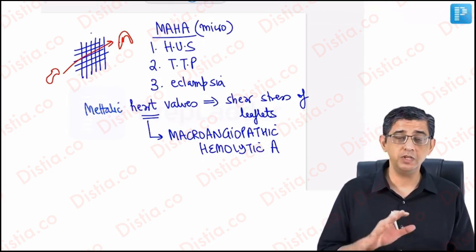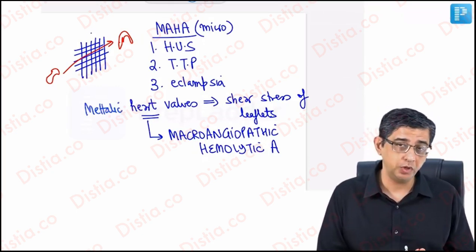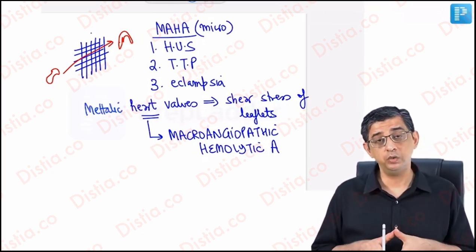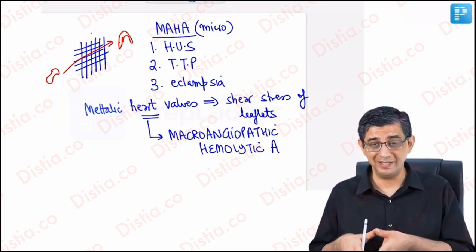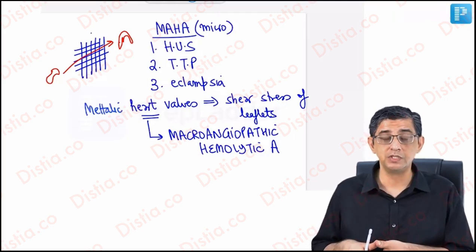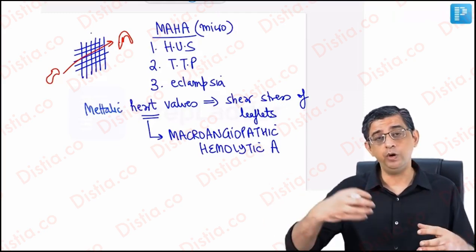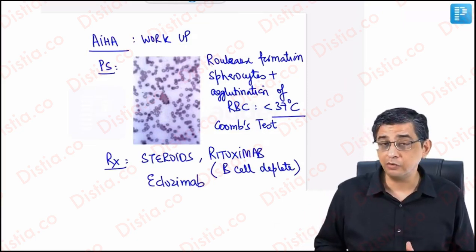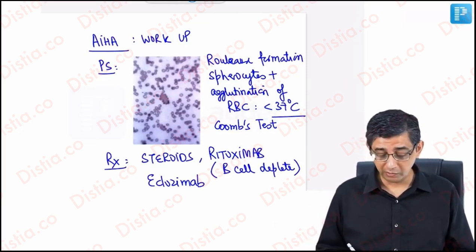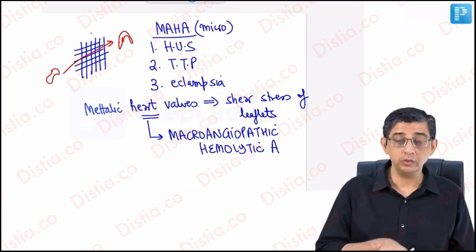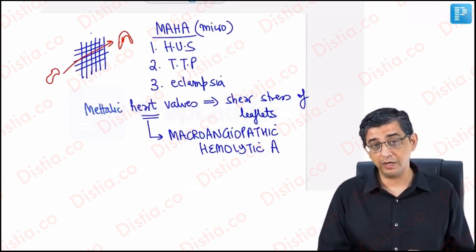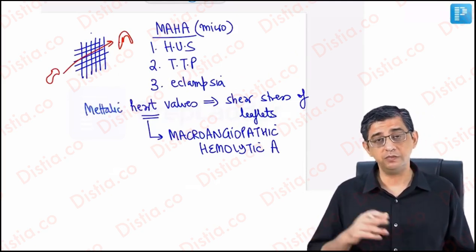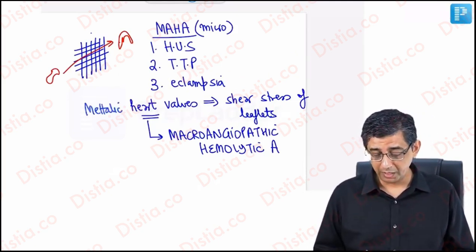So the types of anemias that I've explained to you: one is related to hemoglobinopathies, then one related to defects on the surface of the RBCs, defective enzymes inside the RBCs, then no problems, but antibodies coming from outside resulting in extensive Rouleaux formation and spherocytes with positive Coombs test. Then I've spoken about microthrombi causing fragmentation of the red blood cells. So these are the various types of anemias that I want you to remember, and I would like to finish